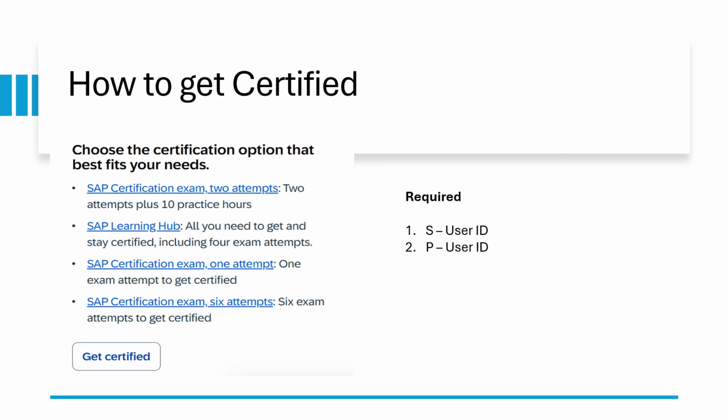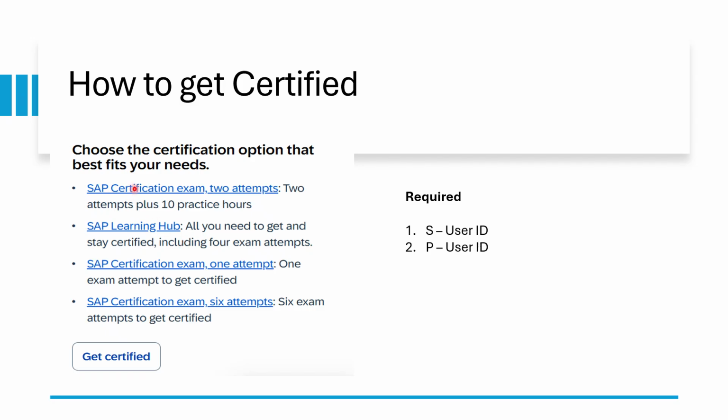Then how to get certified? There are different options available to get certified. Number one is obviously buying the SAP Learning Hub subscription. If I talk about the cost and pricing, the pricing is different for each and every geographic location. For Europe, it might be different. For Asia and Pacific, it might be different. Then for EMEA, and other US regions, it might be different. So I'm not sure about the pricing.